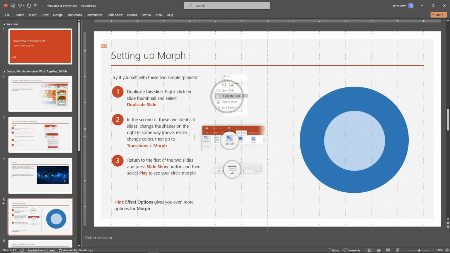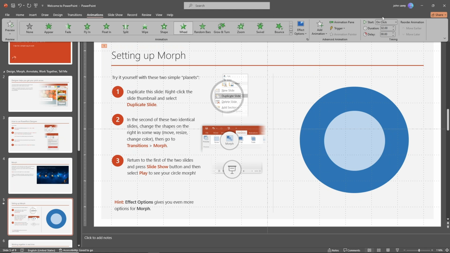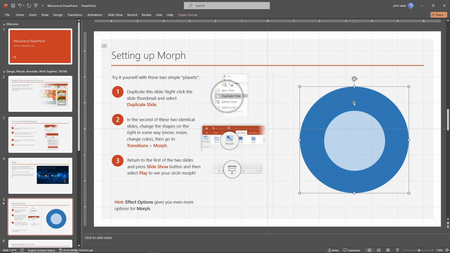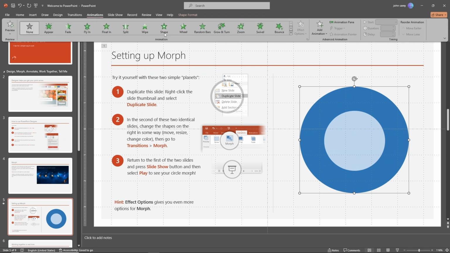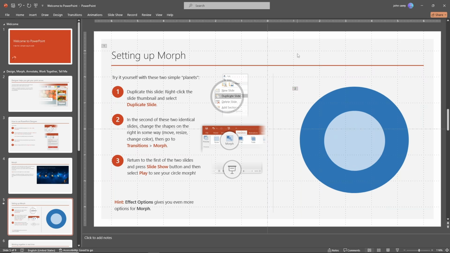So now guys, if you want to show it after clicking, you just have to make sure the start over here is on click. And now as you can see, we have the number one over here. So let's say I'm going to go for this picture over here and go for animation as well, and go for wipe. And from there, during the presentation, when I click on the PowerPoint, it will show an animation, and